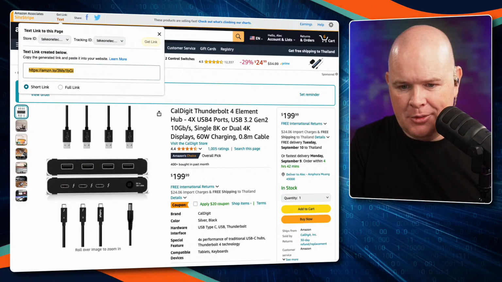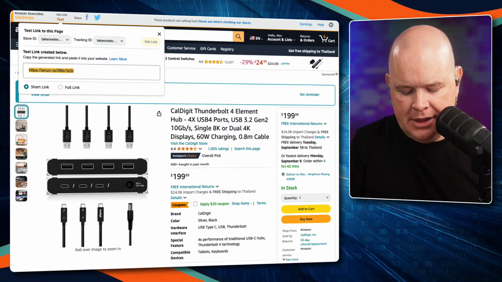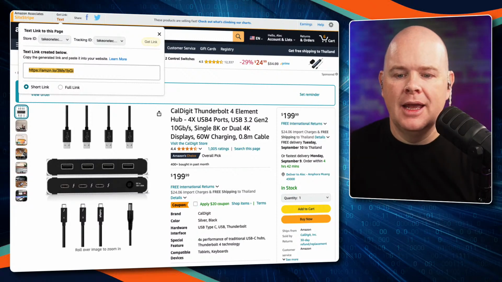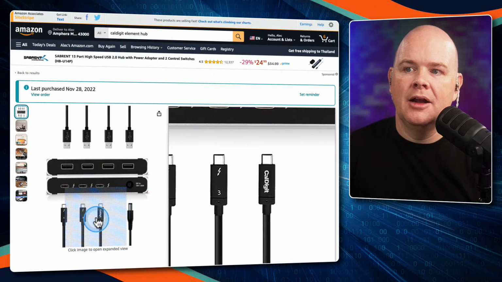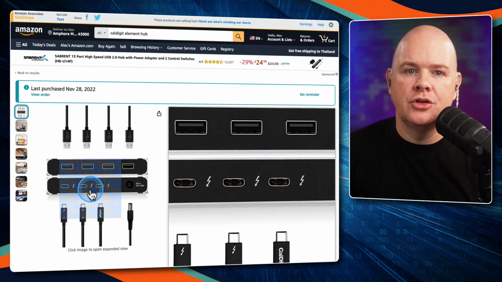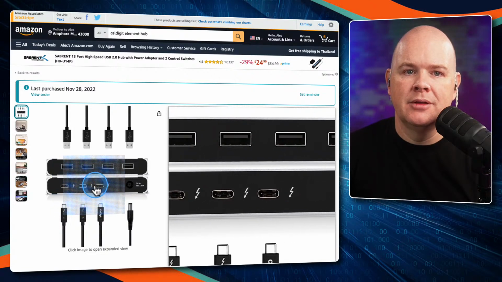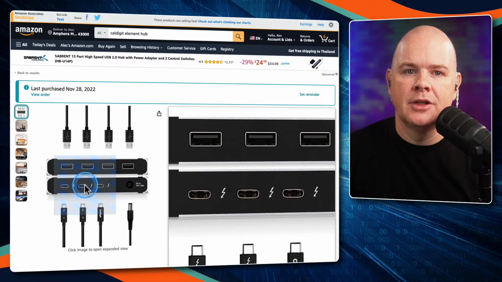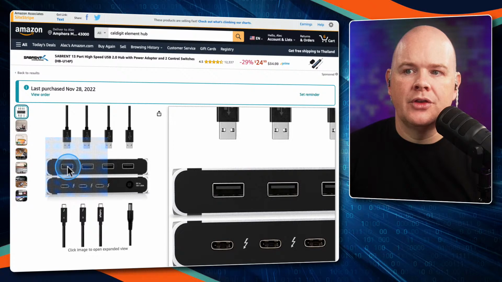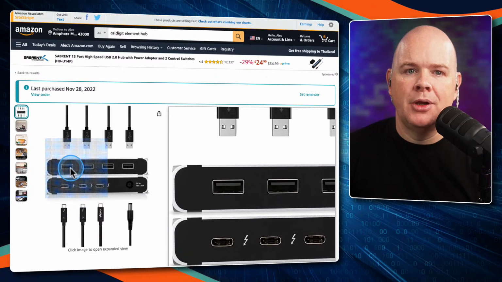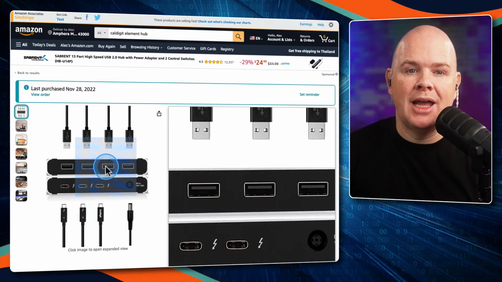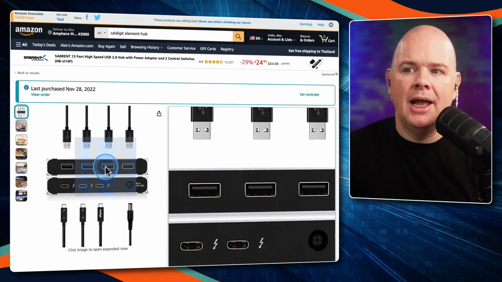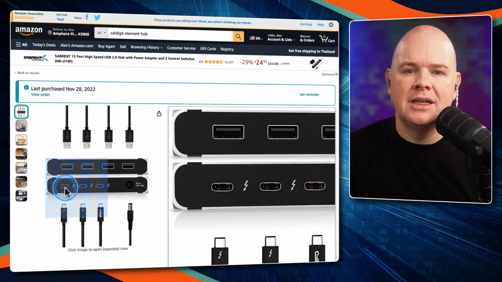CalDigit Element Hub is the name for those watching on the replay. Now, in that, I've got my Rodecaster Pro 2 with 2 channels going in over USB. In these ones, I've got a Stream Deck Plus, which is the one with the dials, 2 Stream Deck XLs. In this USB-C here,